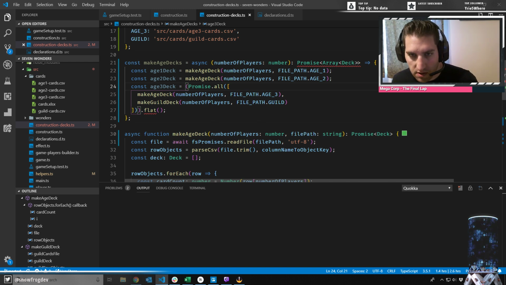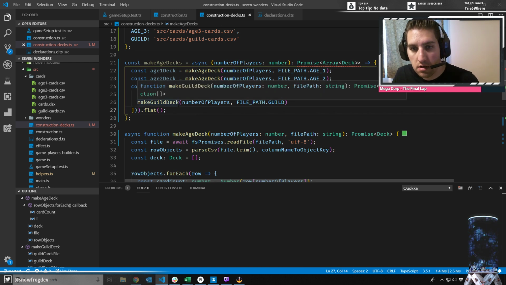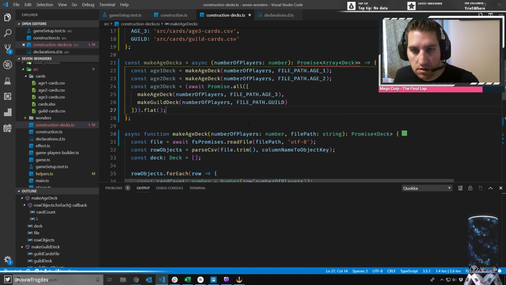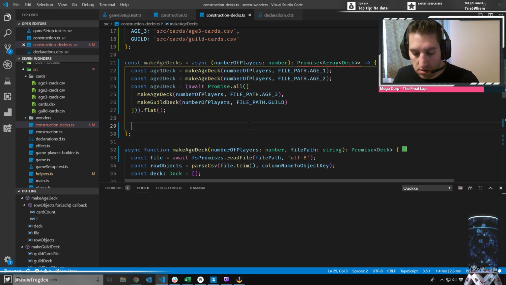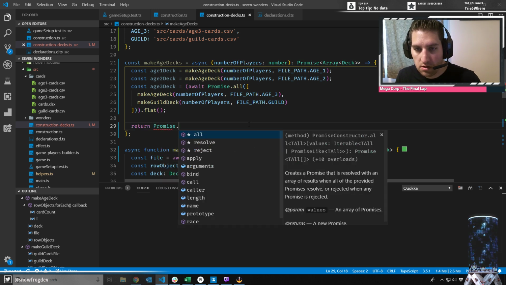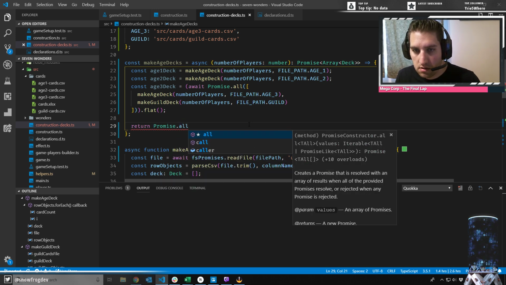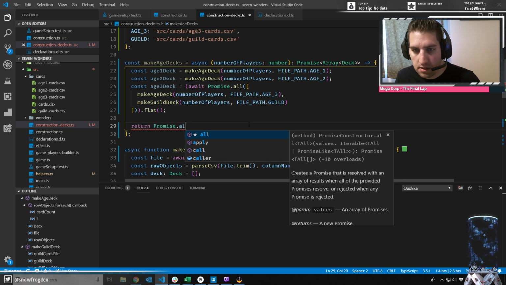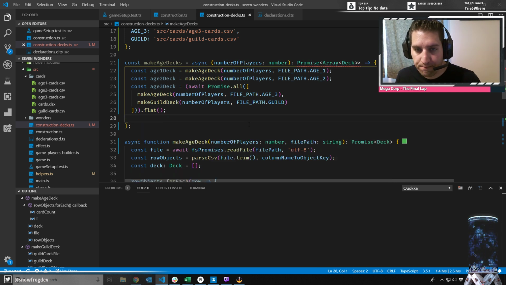Oh, but I do because I want to flatten it. So let's get that back in here. And then we could probably do something like return promise dot all. Actually, I gotta shuffle it first, so